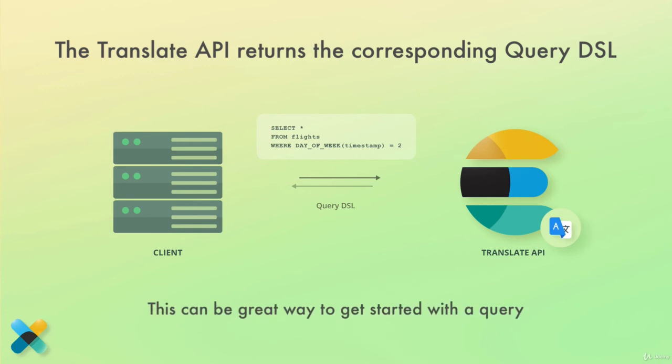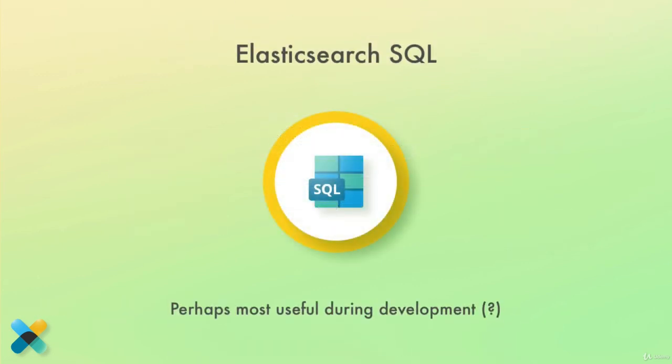So if you need some help writing the query DSL query, you can write it as SQL, translate it and get a great starting point for your query. And that's a great way to get started if you really want to stick with SQL. Personally, I see this as a helper tool for development and for getting started. Once you get familiar with the query DSL, I do think that's what you should use, but that's just my personal opinion. And that's it for XPack, finally, right?